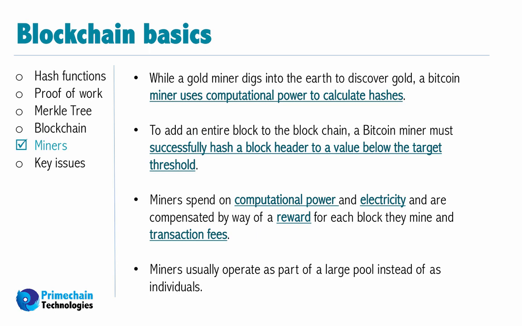This would go on till the year 2140, by when this block reward would become 0. And at that point of time, there would be 21 million Bitcoins in circulation. So the number of Bitcoins are not supposed to go beyond 21 million. Considering the large number of miners in the world today, they usually operate as part of a large